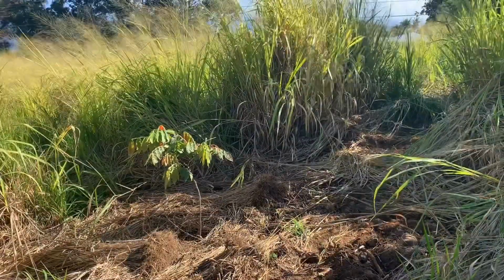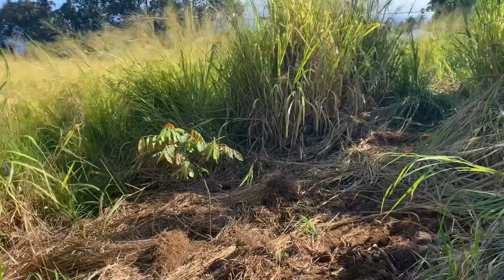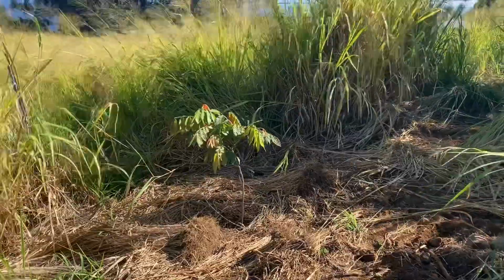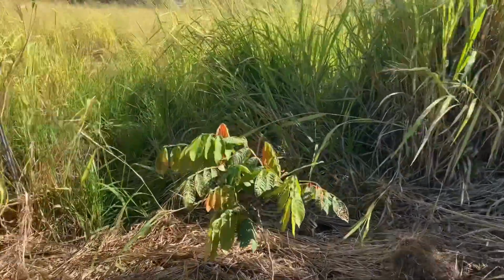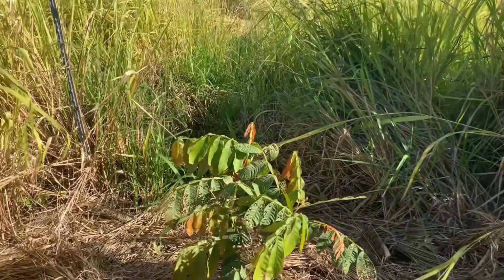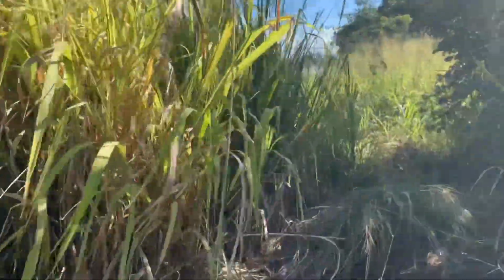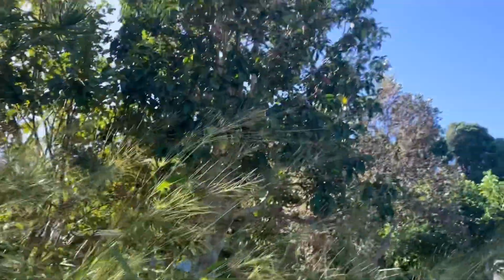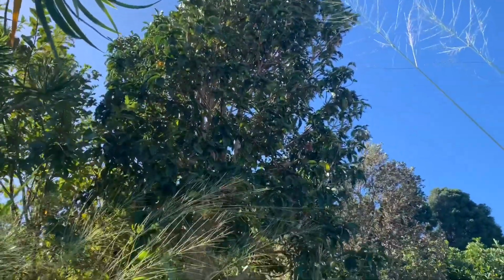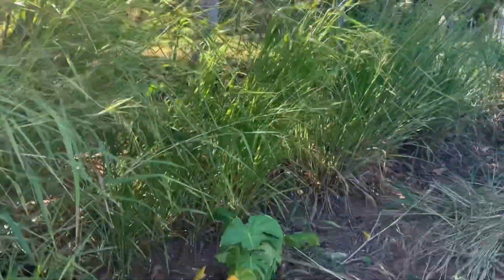Okay, so this is just one more path that I wanted to show you. This is downhill from the other two paths. One of the first plants we come across is an ice cream bean, a good nitrogen fixer with the tasty seed pods. Excited about that. As we come up under the shade of our old mountain apple, that's the mountain apple there. You've seen our original tour, you may have seen the fruit on that. We've stuck a little